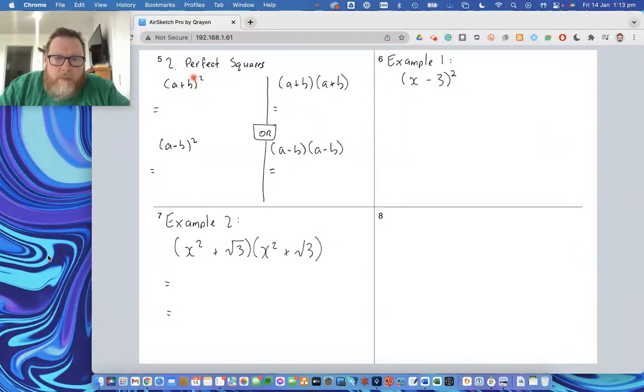So it's either going to be in the form of something plus something all squared or something minus something all squared. Do note that it could be simply written as an expression multiplied by itself, a plus b times a plus b, or a minus b times a minus b. So it'll either be written in squared form to start with, or it'll be what we call a repeated factor, the same thing multiplied by itself. Both of these things are square. That's what you need to look out for. Is it the same thing multiplied by itself? Okay, then if it is,